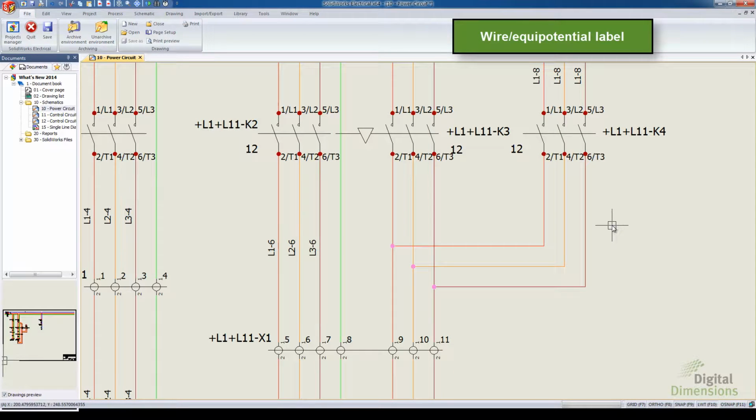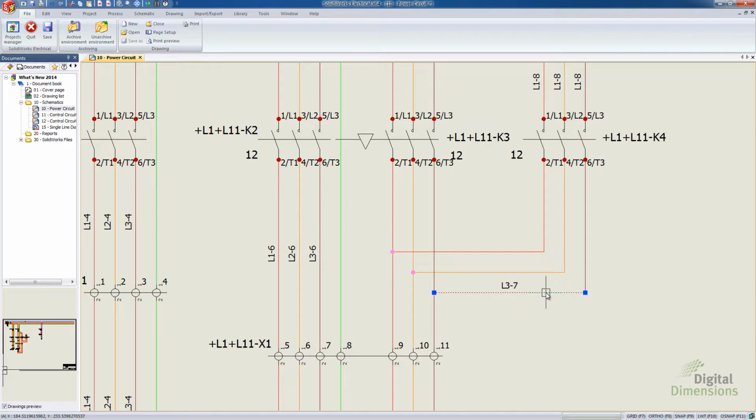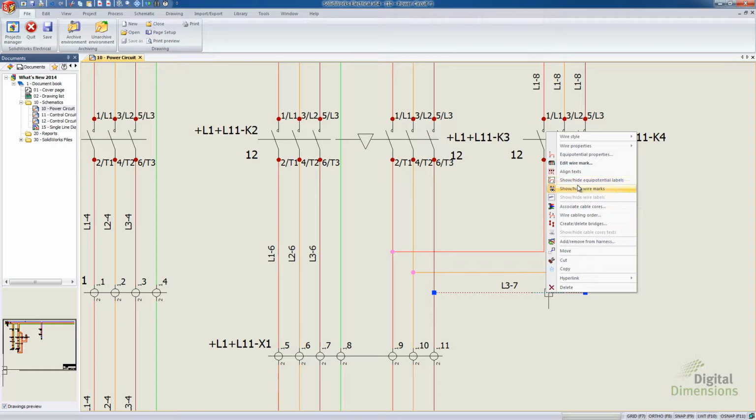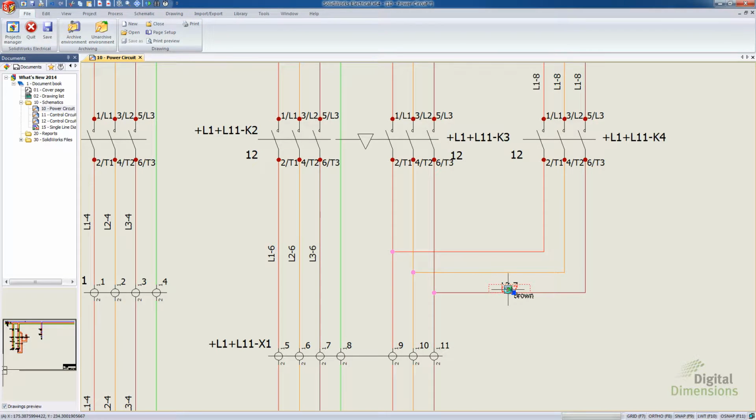This next one is wire/equipotential label. So if you do a right click over one of the wire segments, and again I'm doing this horizontal one at the bottom, I have my show hide wire marks, so this is nothing new, that's still there. But then I also have a show hide equipotential labels, so I can bring those in, and it'll bring in the equipotential label, which in this case happens to be the same as the wire mark,